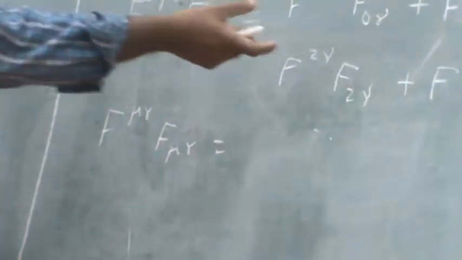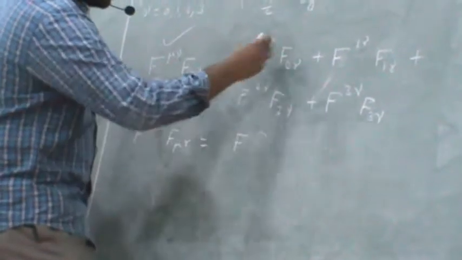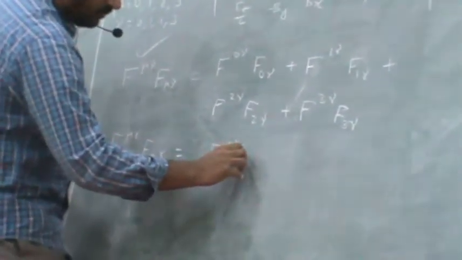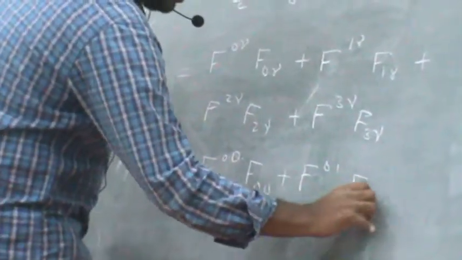Suppose I want to make this a contravariant tensor of rank 2. What should I do? I should follow this. I should change the sign. Wherever I am getting 0, I have to change it. I think we can expand mu also first. So expand this. What are the terms you will get? F00 f00 plus f01 plus f02. Correct?